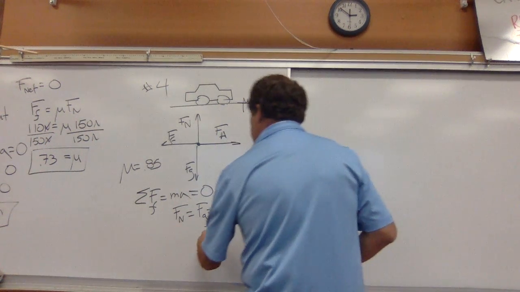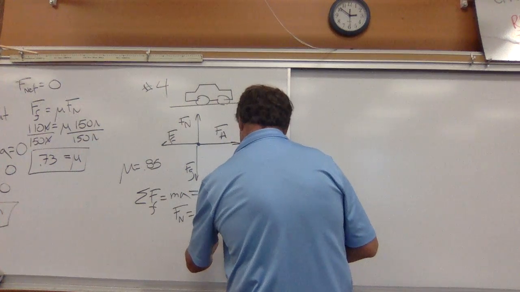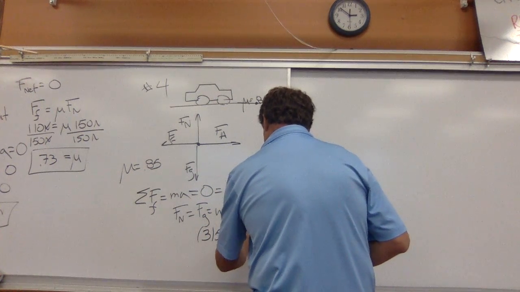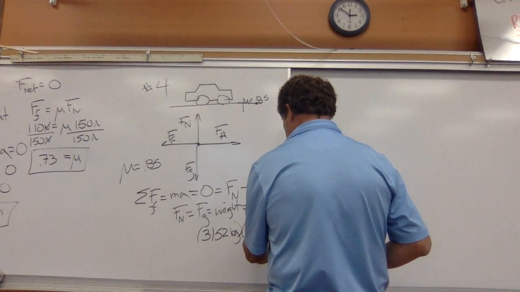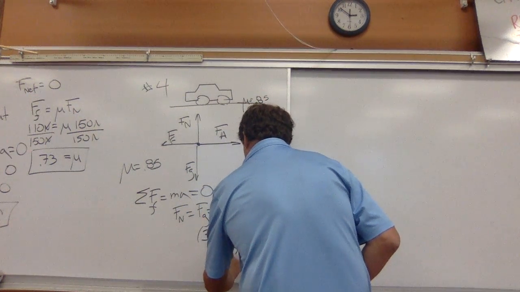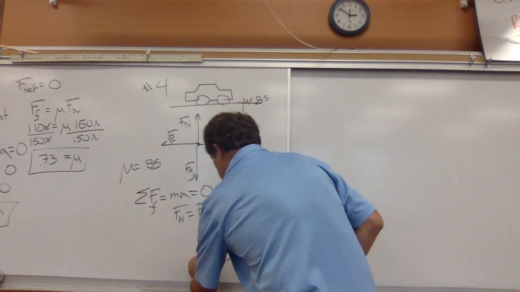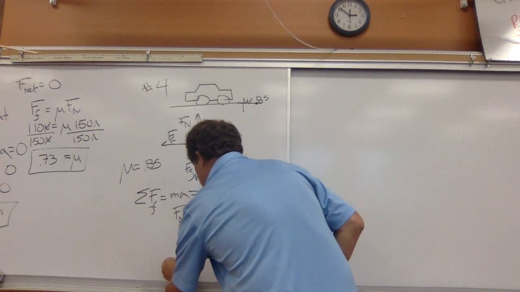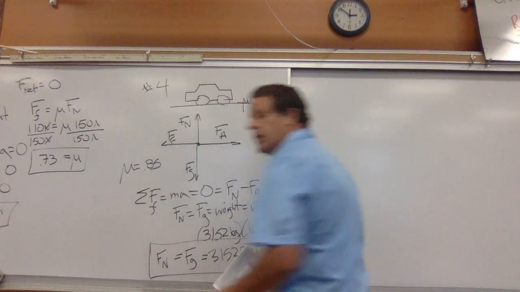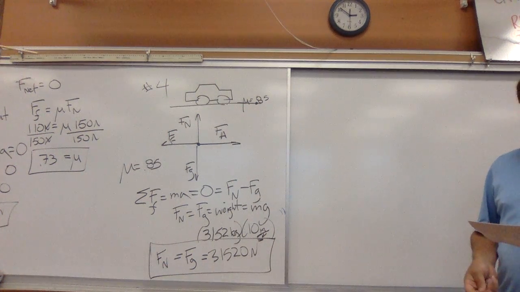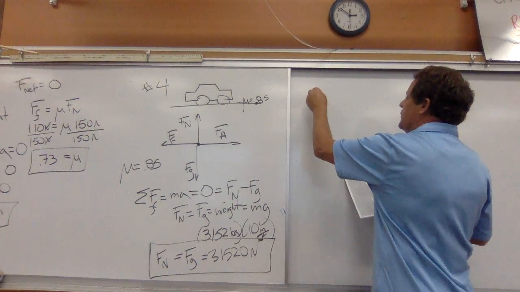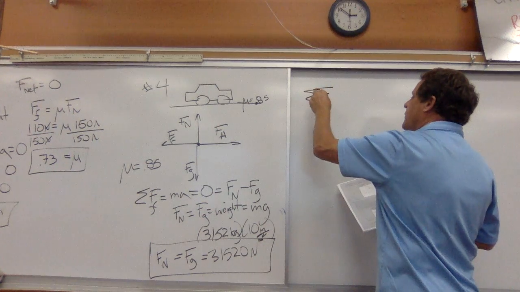So we know that we've got 3,152 kilograms times 10 meters per second squared, and we're going to have 31,520 newtons. Okay, so this is equal to the force of gravity, and it's also equal to the normal force. Okay, all right, so now we are also going to talk about the sum of the forces